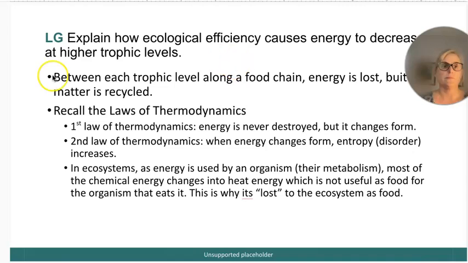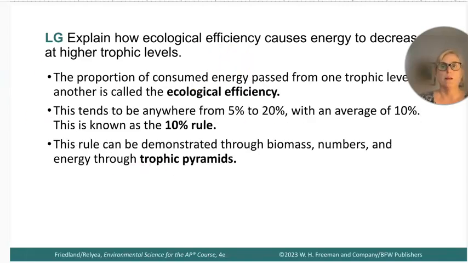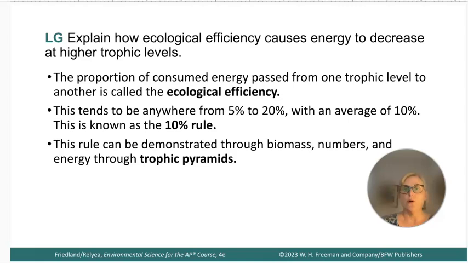recycled. The amount of energy passed from one trophic level to another is called ecological efficiency. It averages at 10%. It doesn't have to be 10%. It could be 5, 20, etc. But it averages at 10%. So only 10% on average is passed to the next trophic level. The rest is lost as heat energy. If you feel your body, you feel warm. That's your food that you ate converted into mostly heat, and only 10% sticks to your body as biomass.